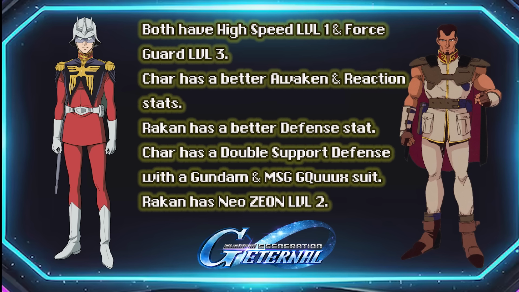The difference between Rakan and Char is that his defense is way higher because he has increased defense level 3, whereas Char does not have that. So his defense goes up to 691, assuming that you have him maxed out, and Char's defense only goes up to 519 at level 90. So he's more about the defense, rather than having that additional support, where you can support defend depending